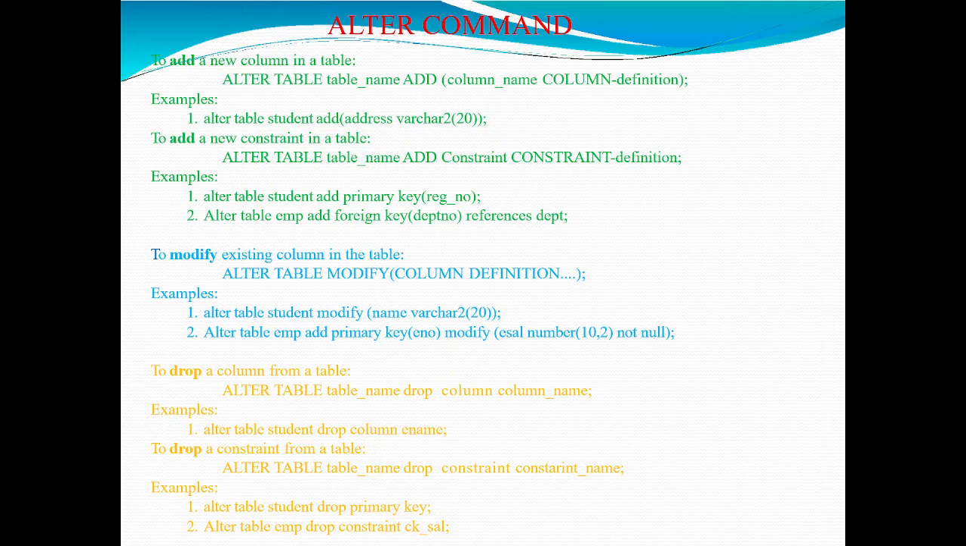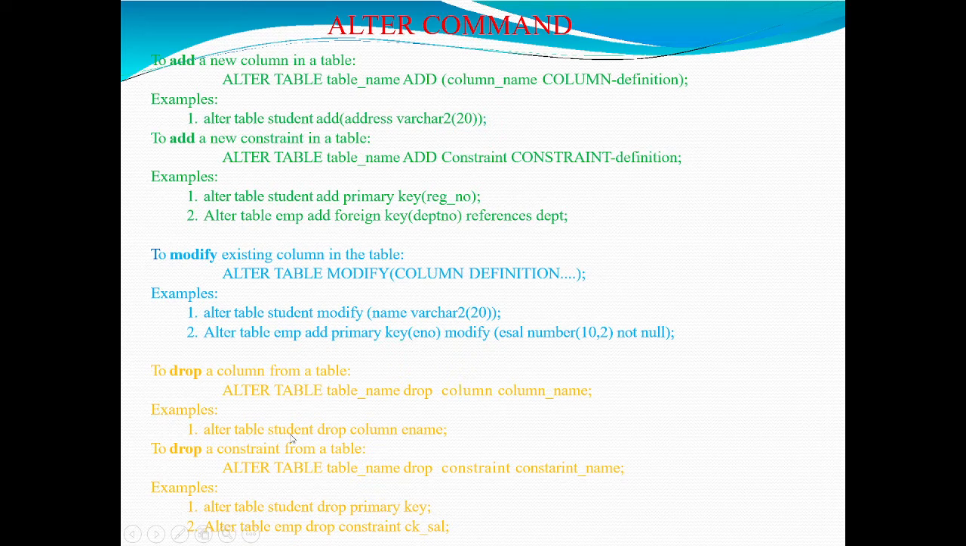That is, we have added a constraint as well as modified the column size along with its constraint. Now let us move to the third category of alter, that is drop. To drop a column from a table, what we have to do is alter table, table name, drop column, column name. So in the example I have presented, see here, alter, and there should be a keyword called